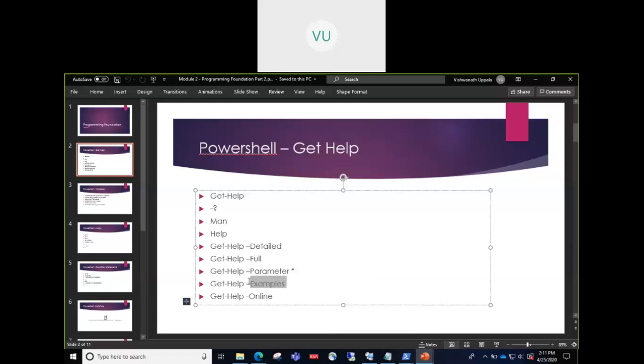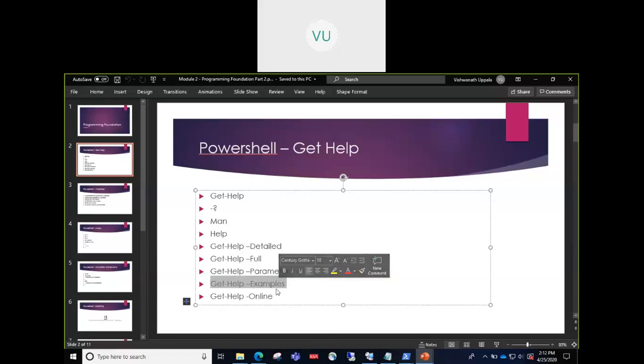This is again a useful help. Most of the time we do understand the documentation, but we struggle in getting started with that commandlet in terms of what parameters and what values should I pass, what kind of values each parameter accepts, whether it's a string or an integer or some enumerator. So that is where Get-Help -Examples will help you a lot.